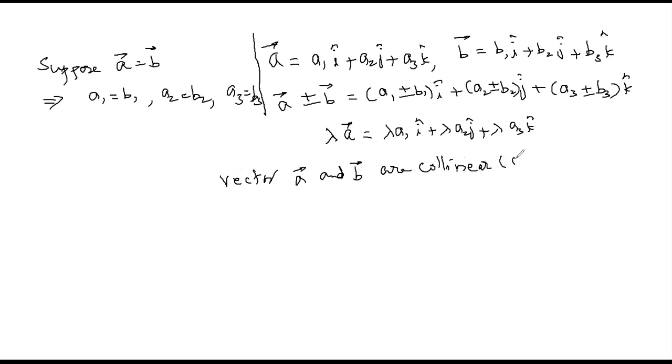Vectors A and B are collinear or parallel. If they are parallel or collinear, we can write: vectors A and B are collinear if and only if